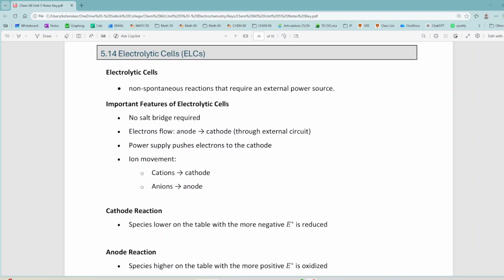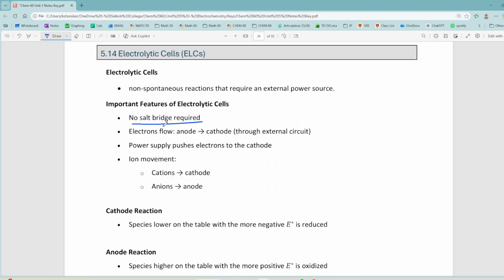All right, so now let's begin our talk on electrolytic cells. We're not going to spend too much time on this. The key idea is that an electrolytic cell is where non-spontaneous reactions that require an external power source occur. The important feature of electrolytic cells is that you don't need a salt bridge because you don't need to